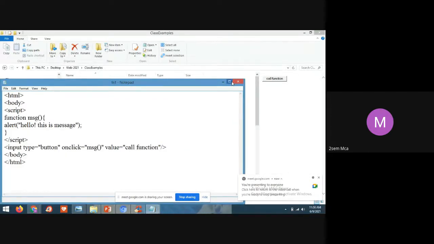In the last class, I told you one point: the function definition in JavaScript should be in the header tag. It is not necessary, it is optional.